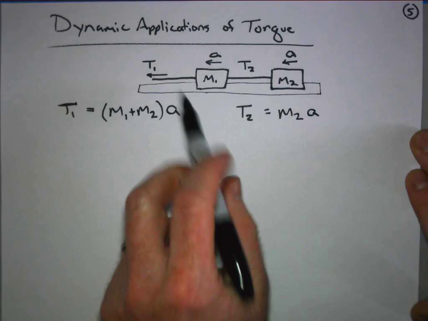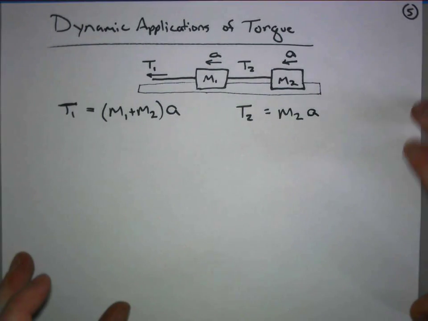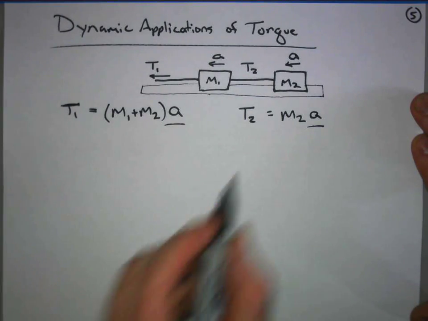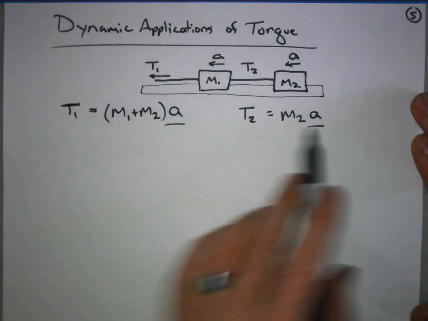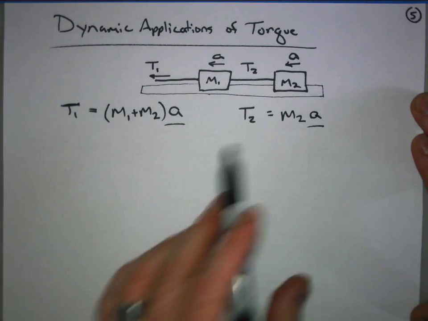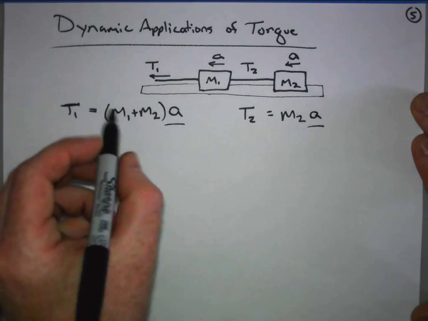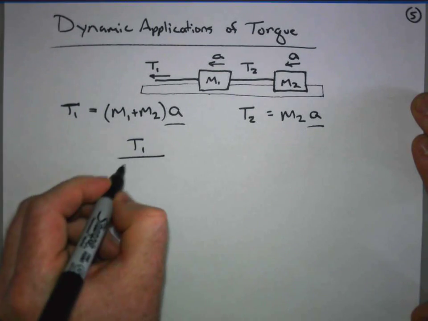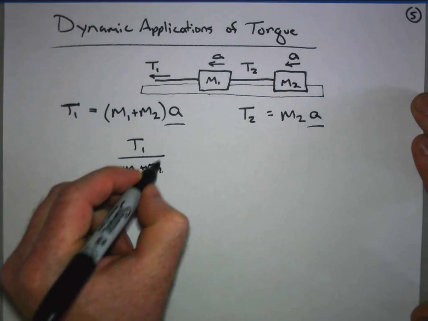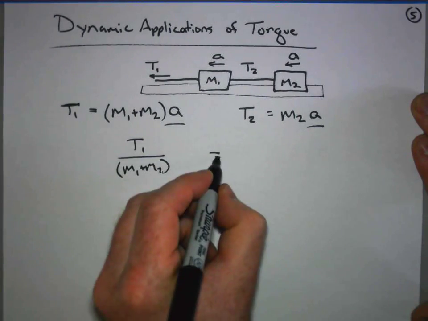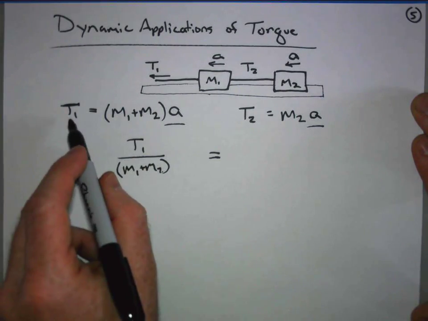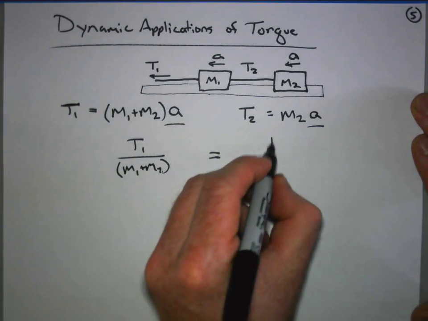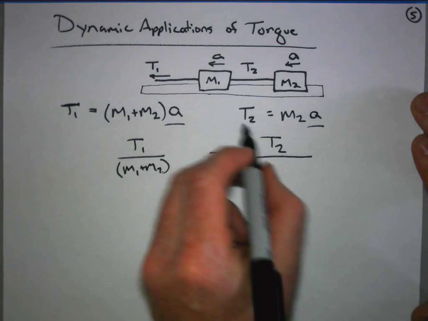Well, we want to be able to compare tension 1 and tension 2. Not really solving numerically, but just to make a comparison. Well, since both masses are experiencing the same acceleration, we can kind of use that to link these two equations together. And so it ends up being that tension 1 divided by m1 plus m2 will be equal to acceleration, right? I just took basically force and divided by mass to equal acceleration. But acceleration is the same, so this force divided by that mass